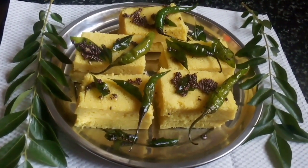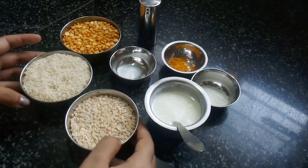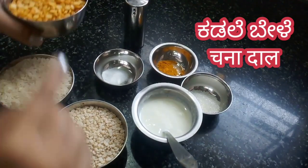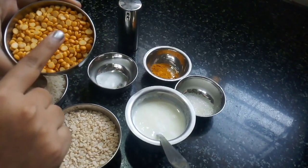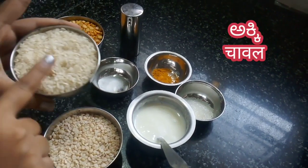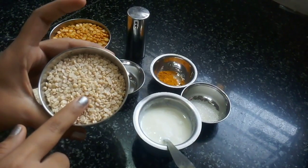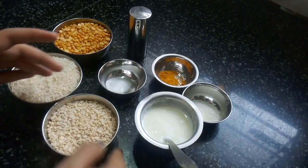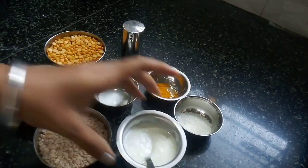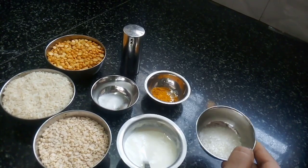Now let's get started. First, let me tell you the ingredients that we need for making our dokla batter. Here, I have taken 1 bowl of chana dal, which is also known as Bengal gram. I have also taken 1 bowl of rice and 1 bowl of urad dal. I'll be taking half cup of fresh curd, 1 or 2 teaspoons of sugar,